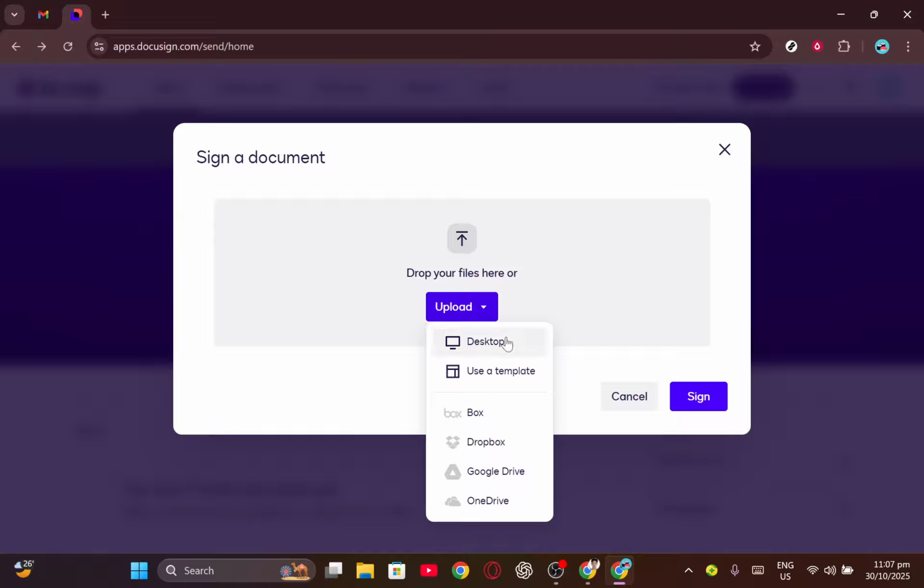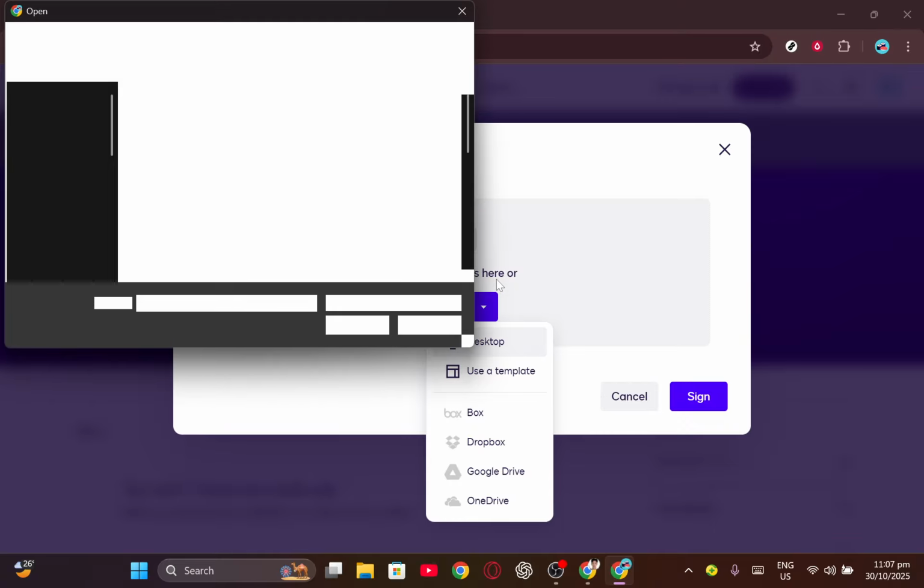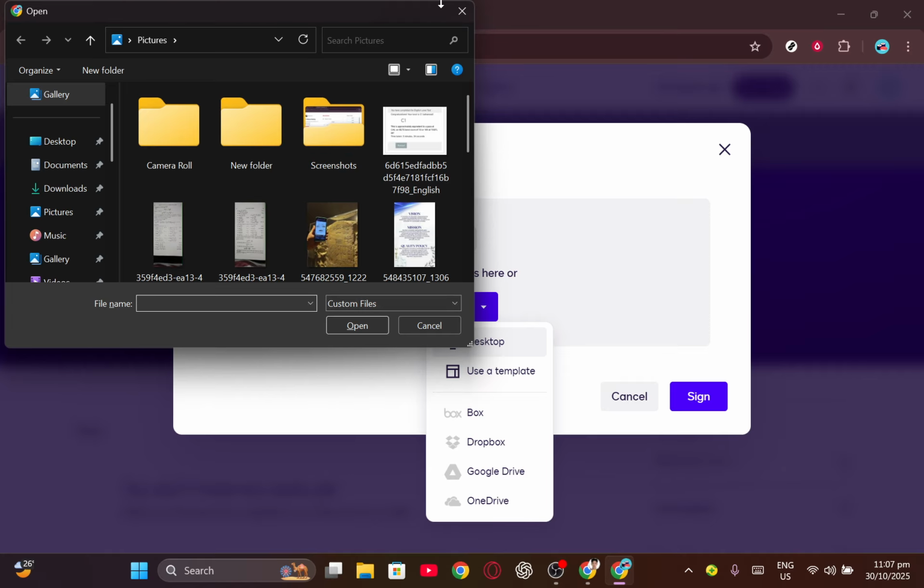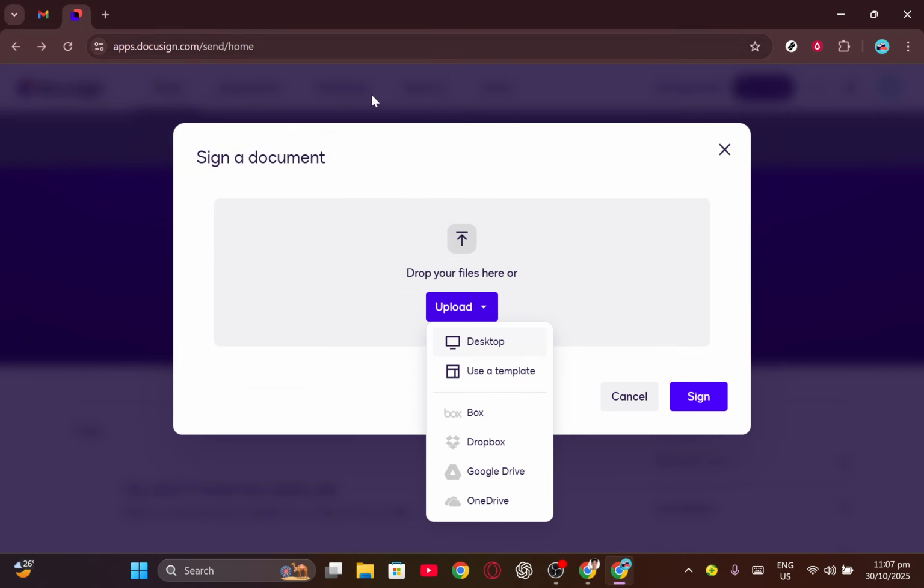After you click on Upload, you might want to focus on uploading from your desktop. So click Desktop if your document is locally stored on your computer. This will open a File Explorer window where you can navigate to the document you wish to use. Make sure you've got everything ready beforehand, and if you haven't, scan through your files and locate the one you